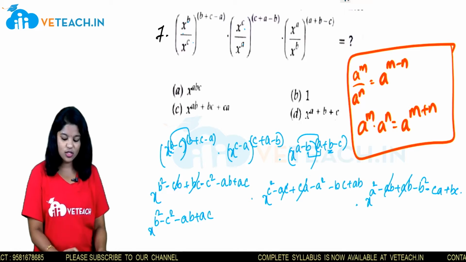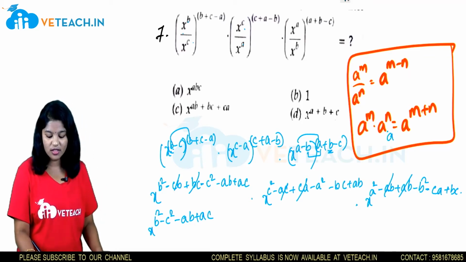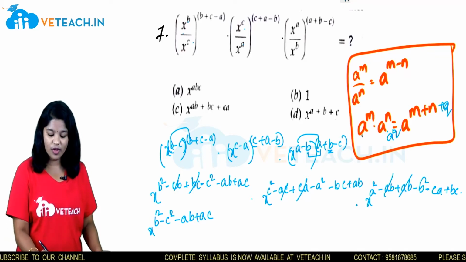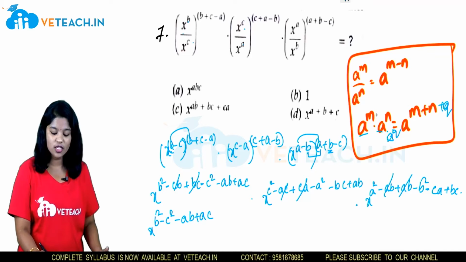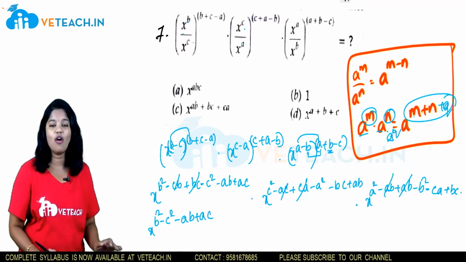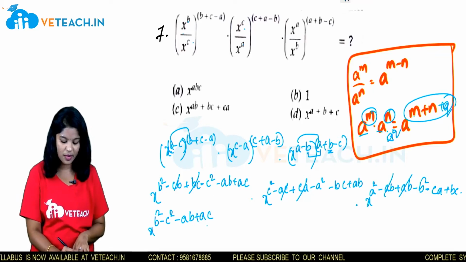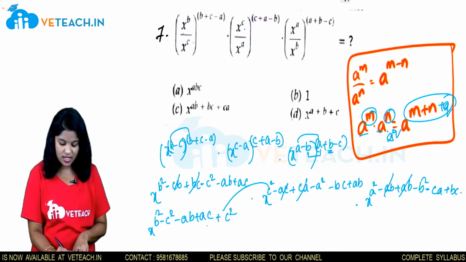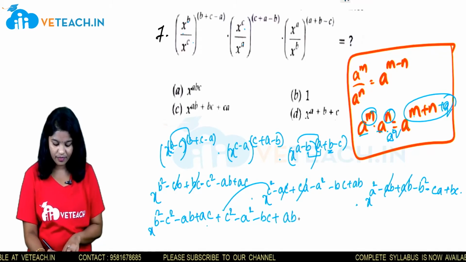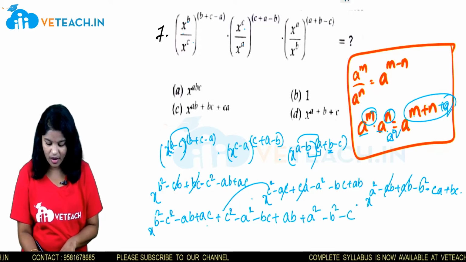These all are of the form a^m times a^n. If we have another term a^q, we will again add them. So when bases are equal and they are in multiplication form, simply write down the base power, the sum of all the powers. So b squared minus c squared minus ab plus ac plus c squared minus a squared minus bc plus ab plus a squared minus b squared minus ca